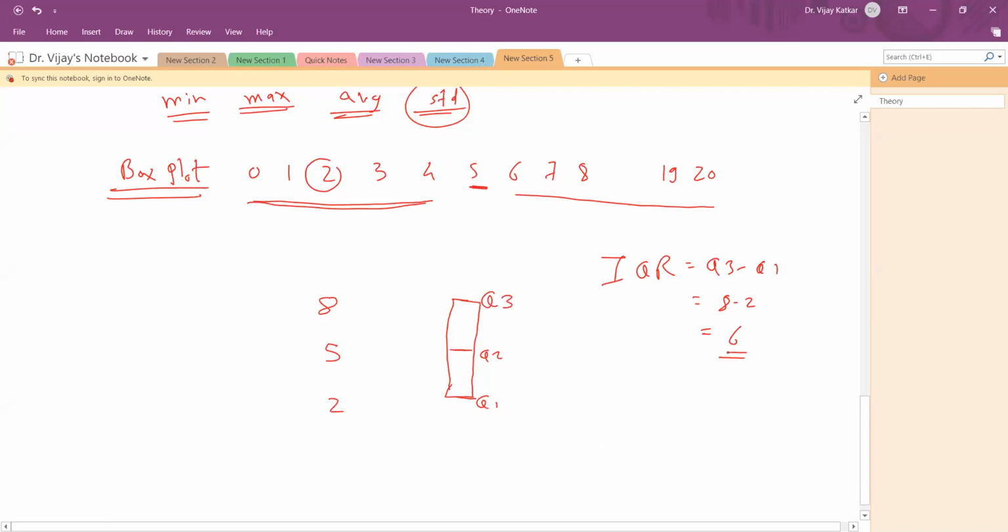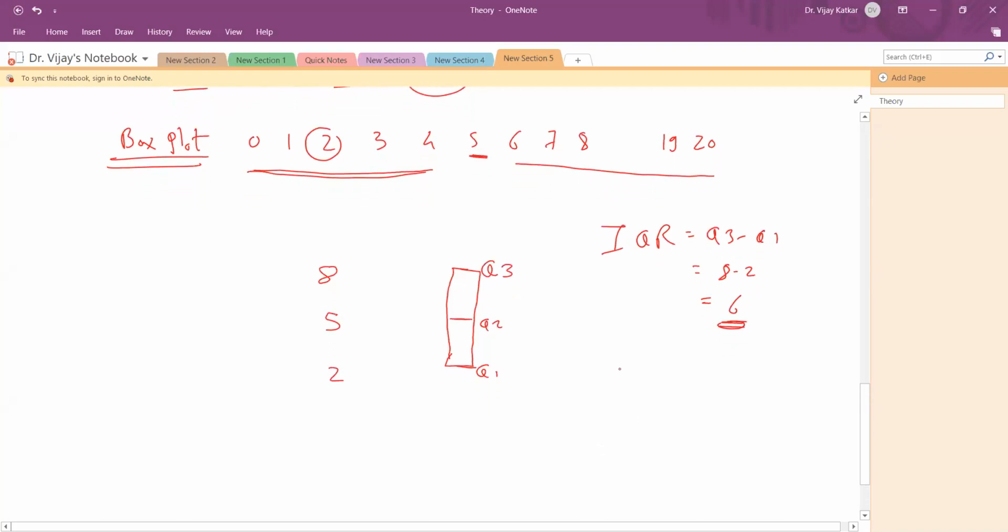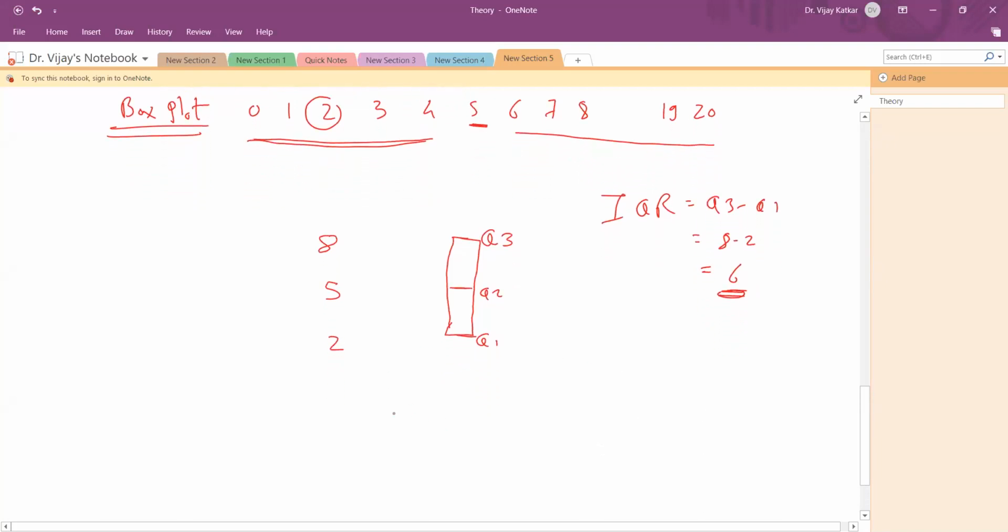Normally it is not compulsory, it depends on the situation also. But normally you can say that my median, Q2, plus 1.5 times IQR, or minus 1.5 times IQR, I can call an outlier.